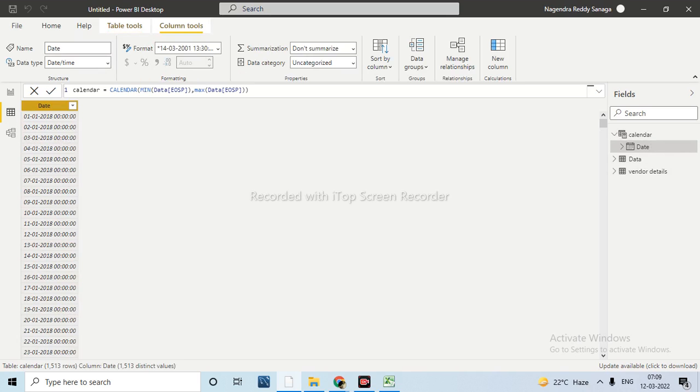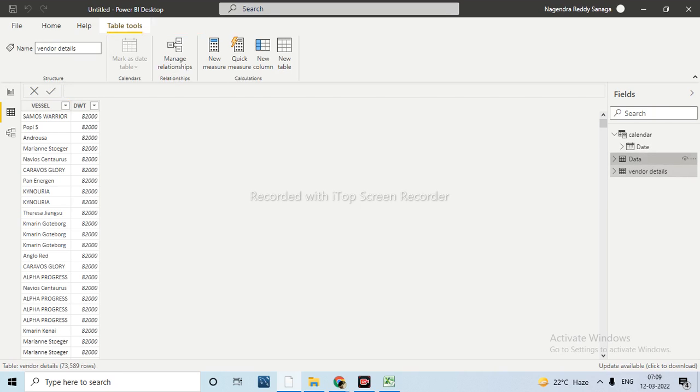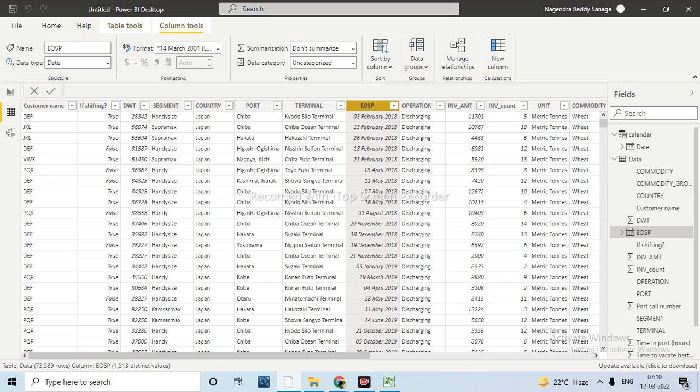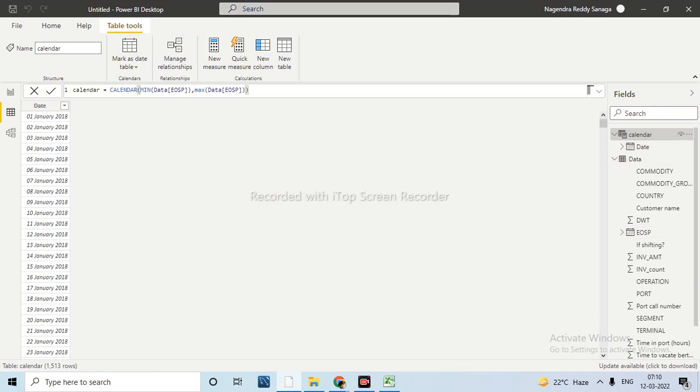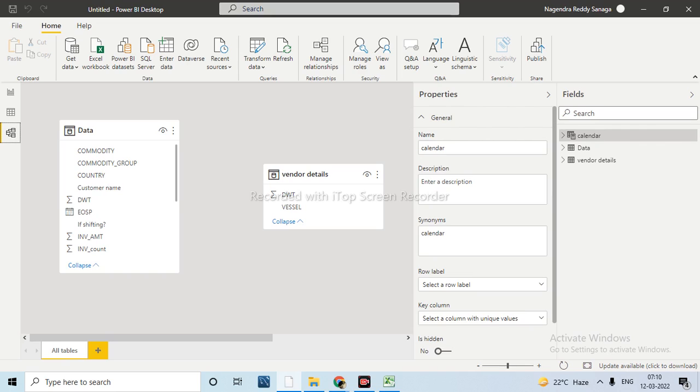Why? Because when we are writing any DAX functions, it is easy to use this table. For example, in this table, as of now, we have only one column for the UISP date. But in our company, we have the order date, ship date, and some other different dates. When you want to write any query, we don't know which one to use in that case. At that time we create one calendar table and map that information based on the order date. Every time you will use this only.